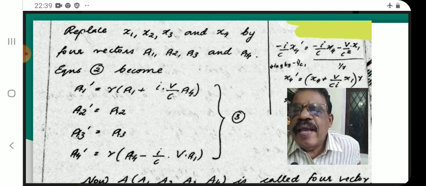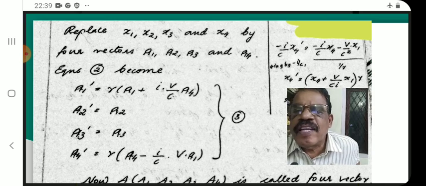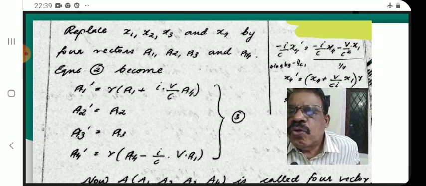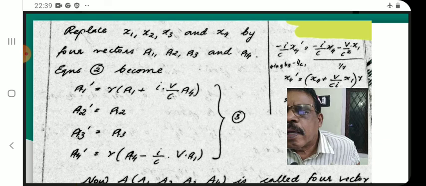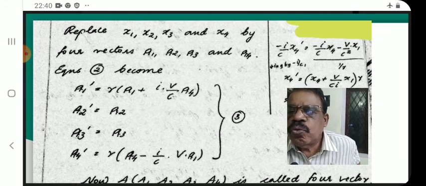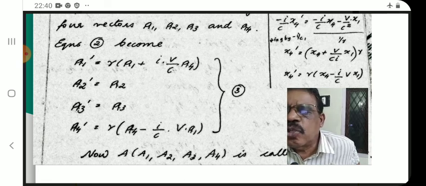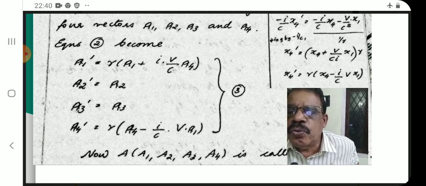So replace x1, x2, x3 and x4 by four vectors a1, a2, a3 and a4. Equation set number 2 becomes: a1 dash is equal to gamma into a1 plus i b by c a4. Next is a2 dash is a2. Next is a3 dash is a3, and the last one is a4 dash is gamma into a4 minus i by c v